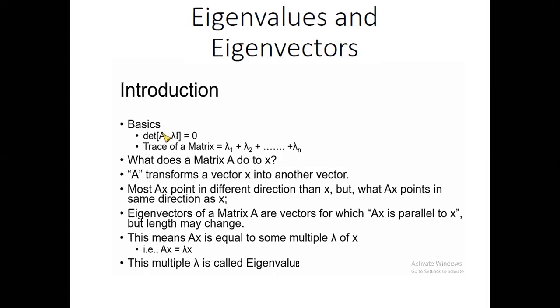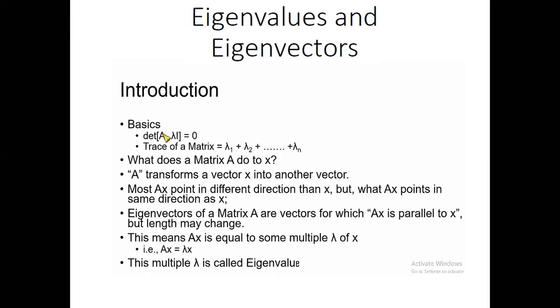The trace of a matrix is nothing but lambda 1 plus lambda 2 plus up to lambda n, and these lambdas are nothing but the eigenvalues. And the very important concept which we will see towards the end is that if you are able to decompose a matrix A into its triangular version, then the eigenvalues are placed exactly on the diagonal of that matrix. So you just take all the diagonals as lambda 1, lambda 2, up to lambda n and add them, and you will get the trace of the matrix. So that we'll see later.